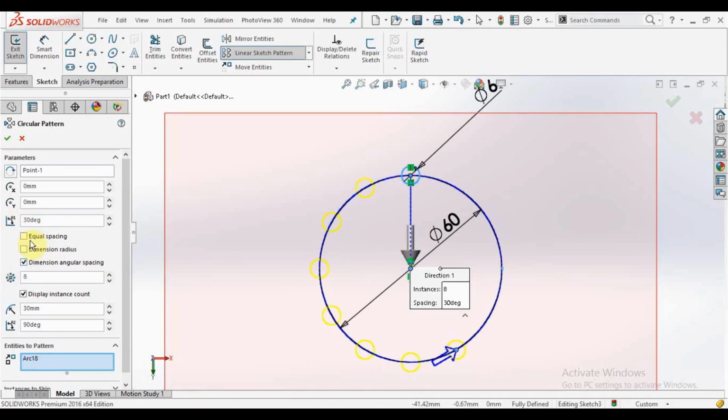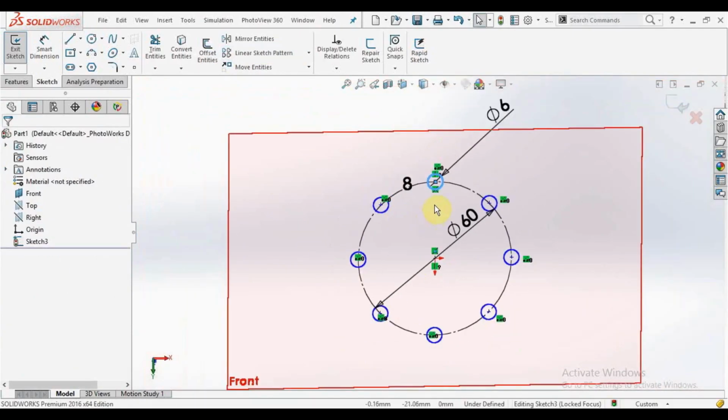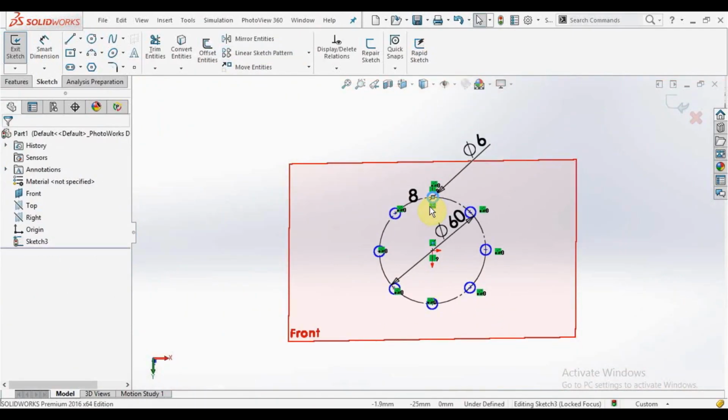So let's say I want to make equal spacing, and the angle is 360. Okay, so you can see here the circular pattern. So let's move on to the next topic.